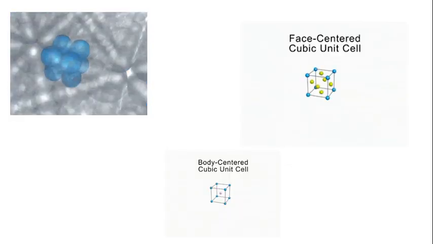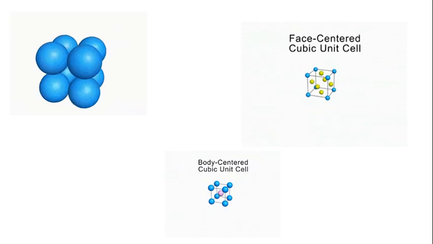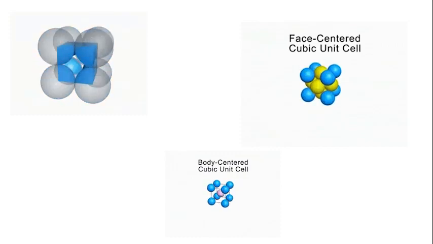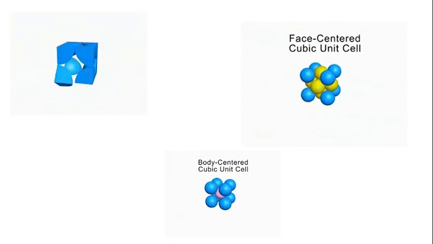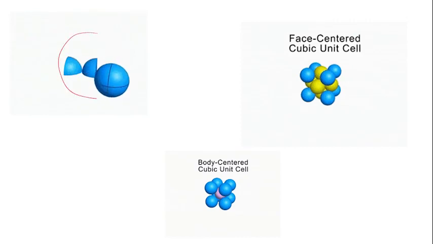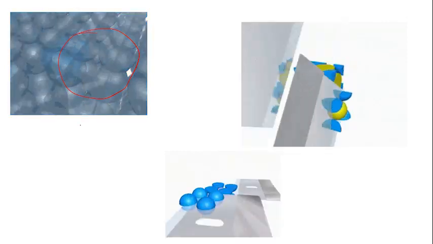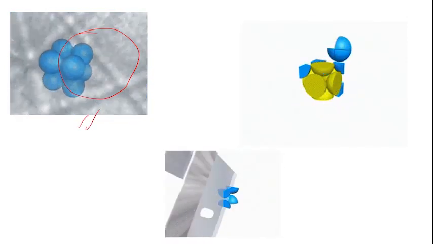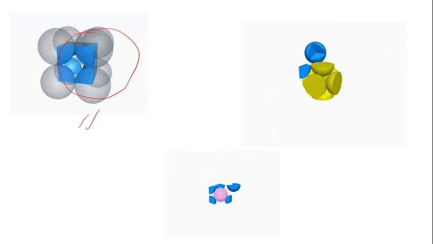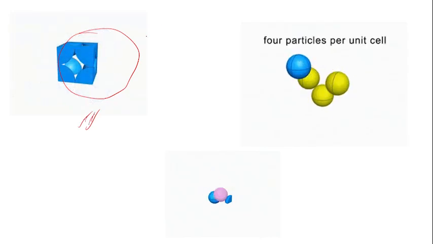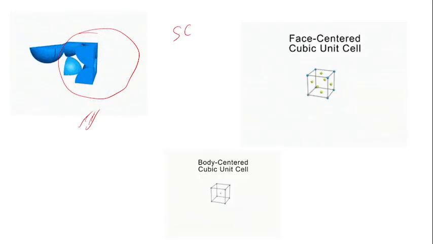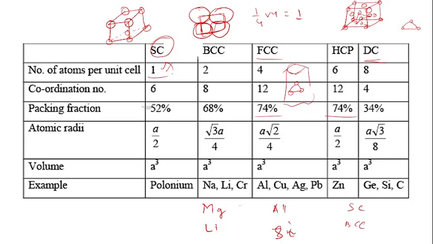In this GIF, you can see how we have calculated the number of atoms present in one unit cell. Can you tell me which crystal structure this is? BCC. This one? FCC. This one? Simple cubic. Yeah, simple cubic. We have seen now one atom in simple cubic, two in BCC, four in FCC,